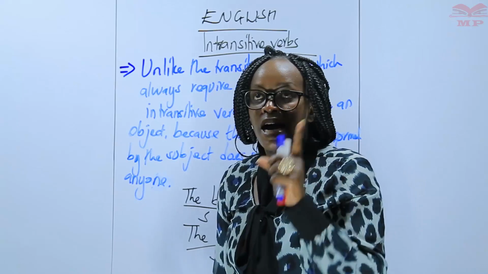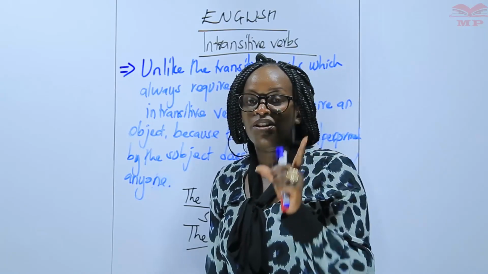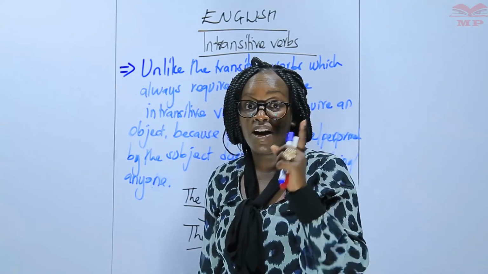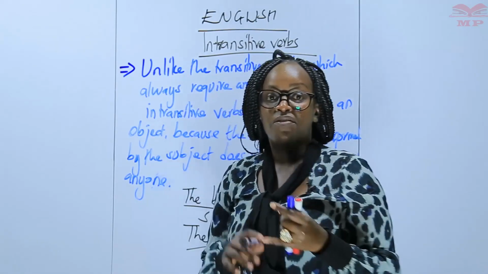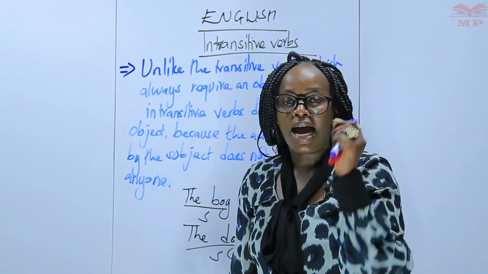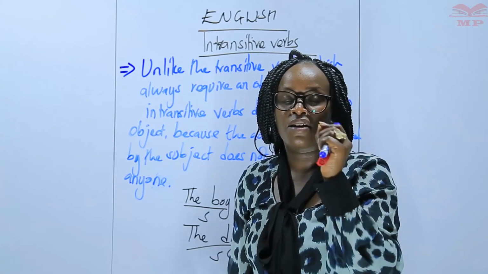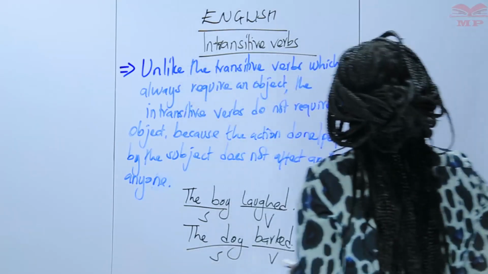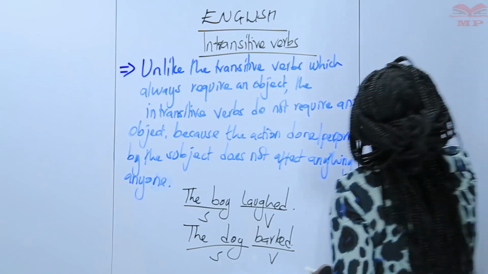And those things that come after that verb, we refer to them as adverbials. You remember we talked about the different types of adverbs that we have. We said we have adverbs of manner, adverbs of place, adverbs of time, and those adverbs answer different questions in a sentence. Therefore, we can say that,